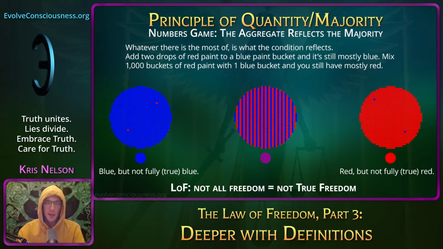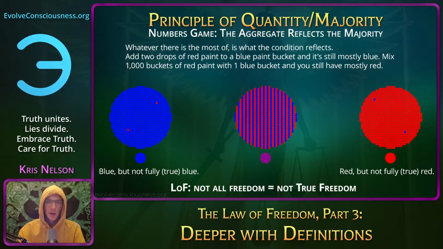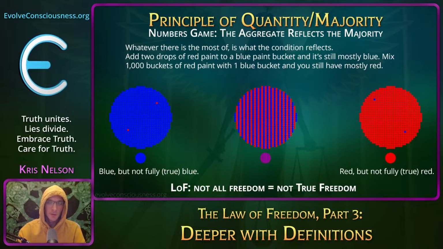And it's the same thing with the red side. It's not purely red if you have some blue mixed in. And if you mix them both, well, you don't have mostly blue or mostly red, you have purple. So that's in the small circles. You can see how